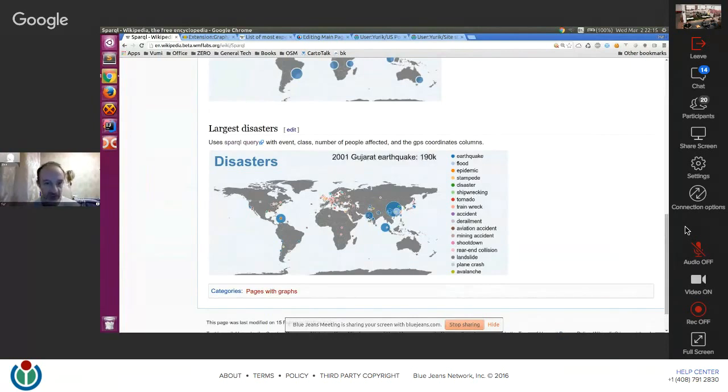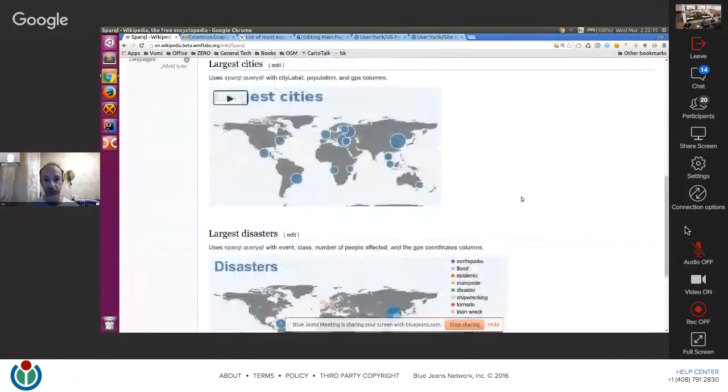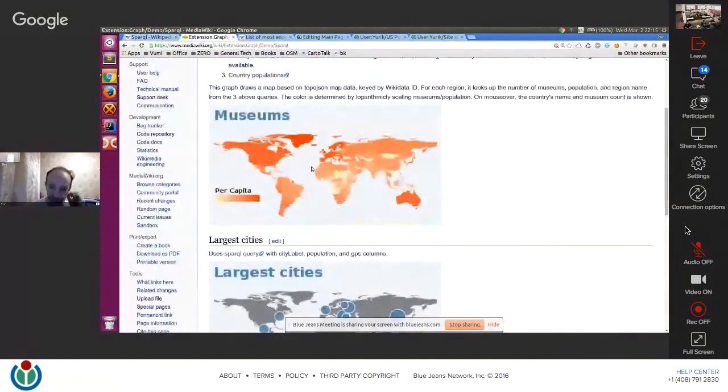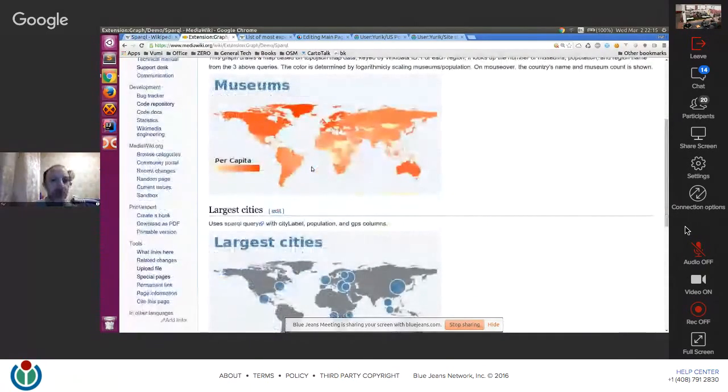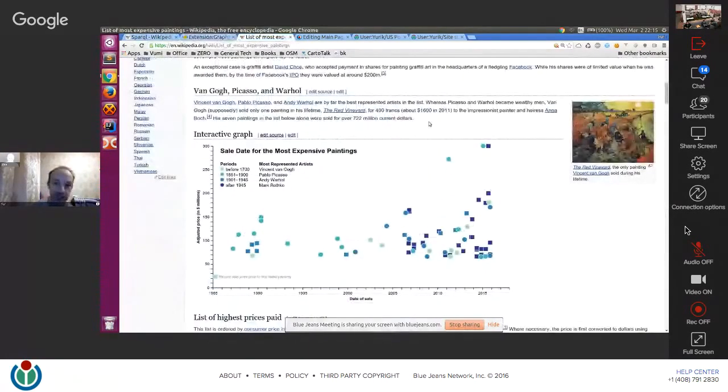The size of the circle is the size of the disaster. So we'll be able to do this kind of thing, and you already can do that. For example, if the graph is static, you can already include it in Wikipedia to pull the data directly from Wikidata. That's one thing. Thing number two, someone from the Vega team, which is the basis of the graphs, has contributed